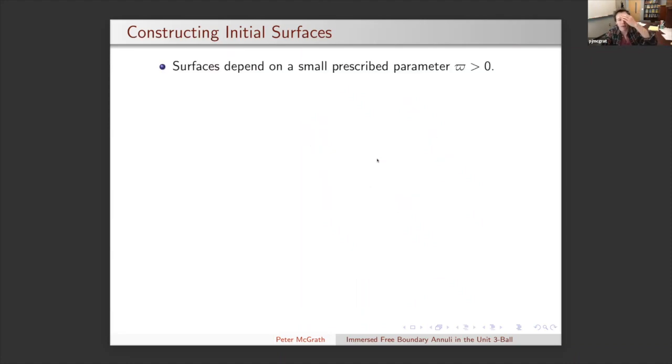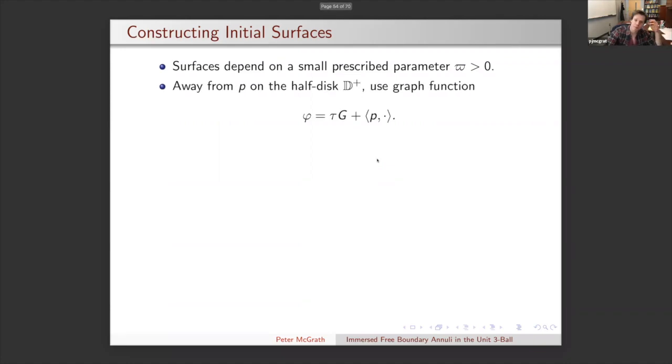Okay, so let me describe in words and with some more formulas the progression. So we construct a one parameter family of immersions that are governed by a small parameter var pi, which is the angle I mentioned before. And so in the plane above the plane of the half disk, you think of the little patch that you construct as the graph of a function that here I call var phi, which is a sort of damped version of the function g, the Green's function from the previous slide,